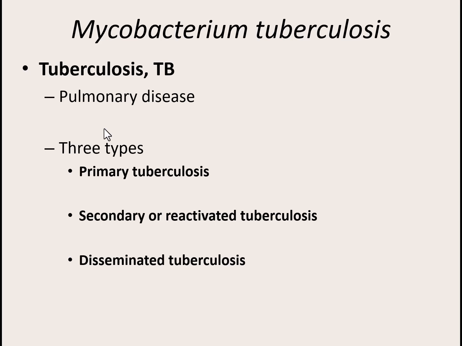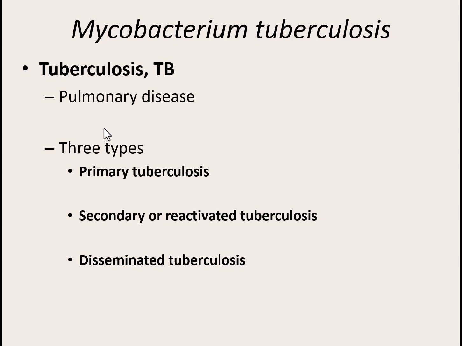Luckily, the cases of tuberculosis have decreased in the United States, but we do still have lots of cases that go undiagnosed and lots of people that may be spreading it without realizing it. It is picked up through respiratory droplets and inhalation. So if someone coughed on you, and one of the symptoms is a cough, you breathe it in, and it can go through 3 possible stages: primary, secondary, or disseminated.